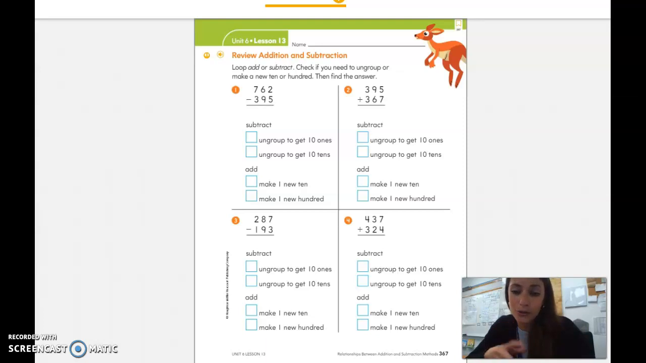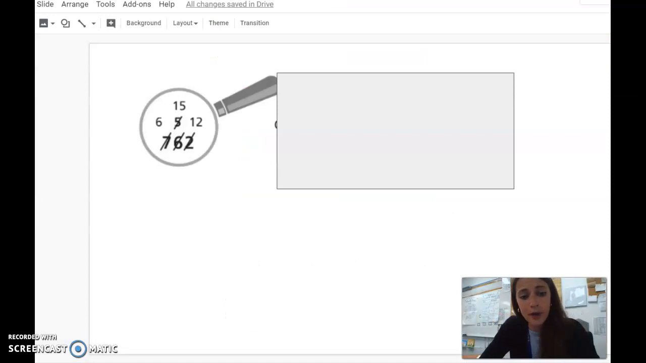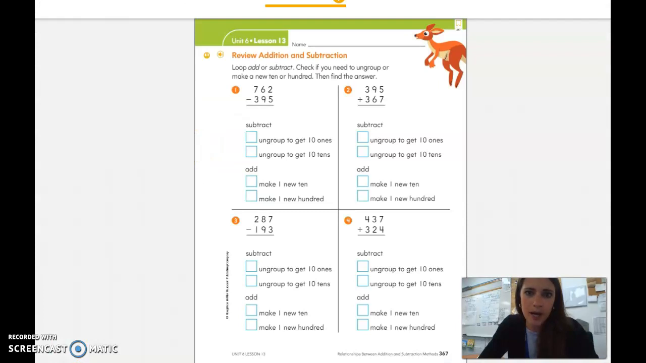What do you do to ungroup to get more 10s? If there are not enough 10s to subtract, you ungroup 100 to get more 10s. And how many 10s do you get when you ungroup 100? 10 10s. Great. So the first problem in your workbook page, if we look back at the problem, 762 minus